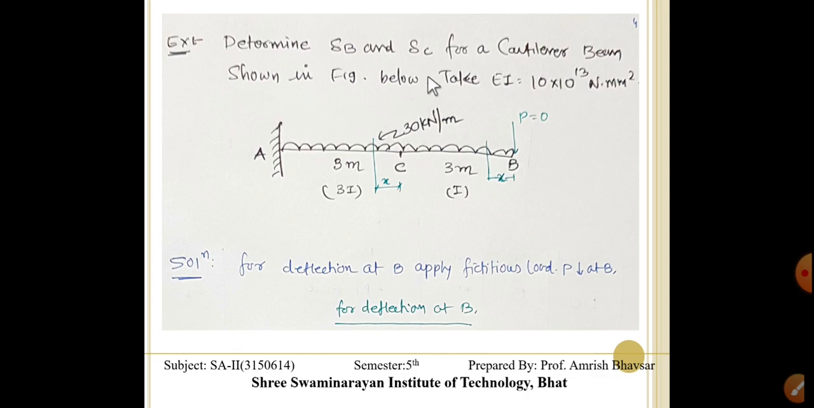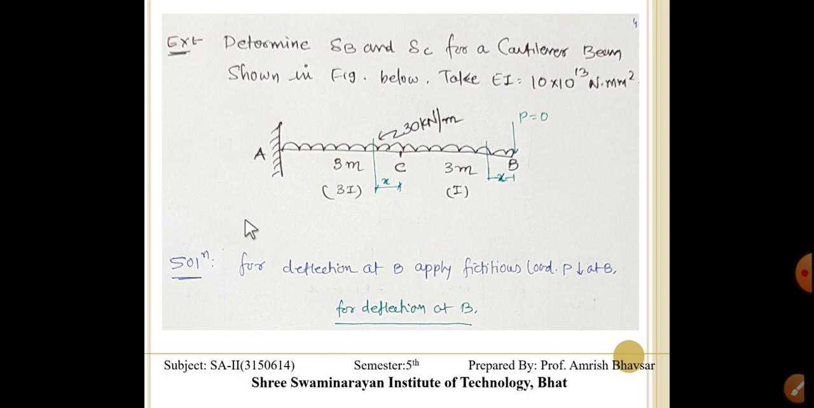Here we have EI and the load, at points A, C and B, and here 3I and I, loaded with UDL 30 kilonewton per meter. We have all the data. Now we know that for the deflection at B we apply a fictitious load P over that point. Here no point load is given, so P is equal to 0. So for the deflection at B we have to